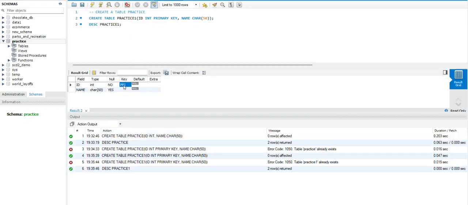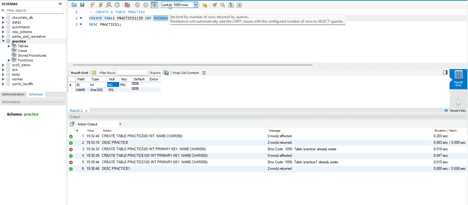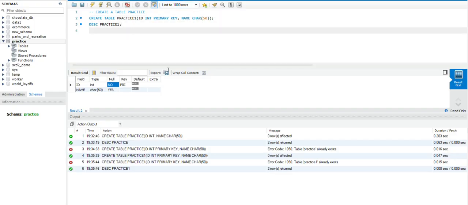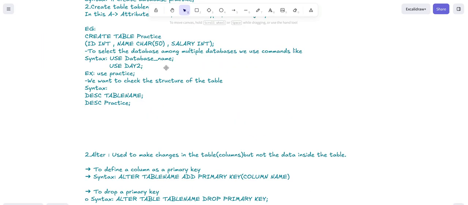तो हमें या as you can see here, previously we were not having a key over here, okay, but we are having now key over here, and the null values are also being replaced by yes to no because की प्राइमरी की हम जब भी इंक्लूड करेंगे कोई भी इसमें कॉलम में, सो it should not contain any of the null values inside of any particular column. So that's the whole case. Okay, ये हमने स्ट्रक्चर बना दिया।